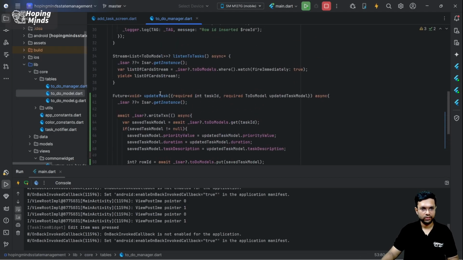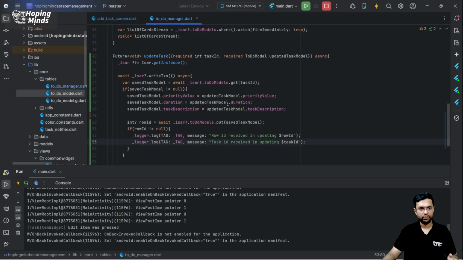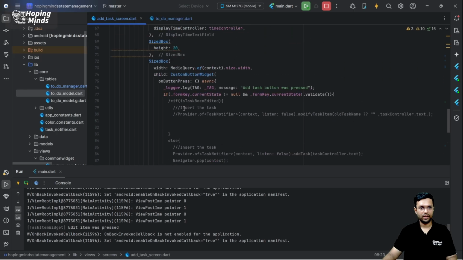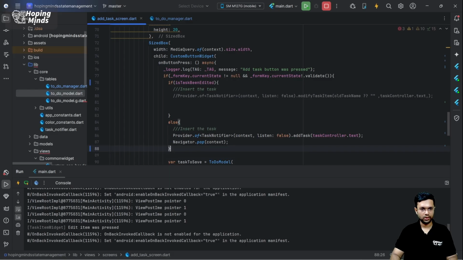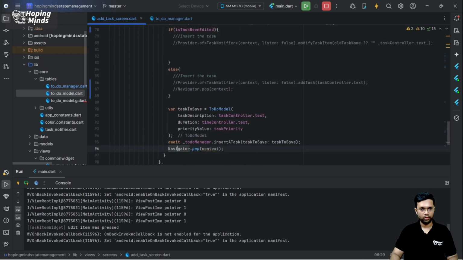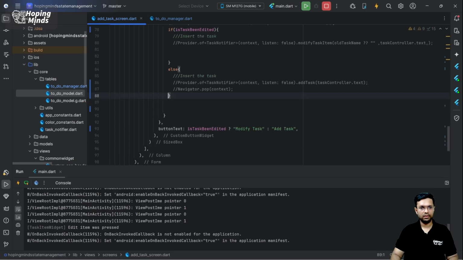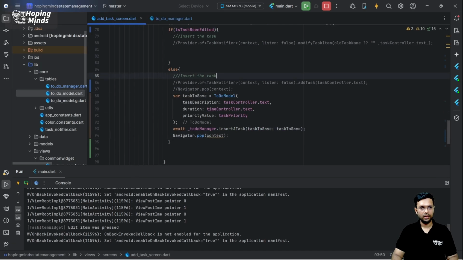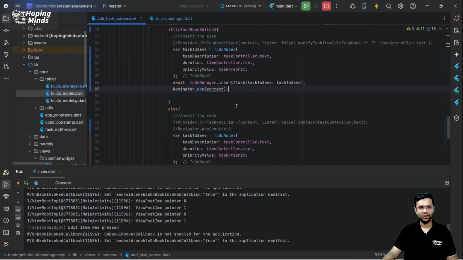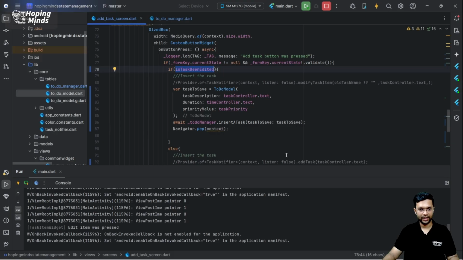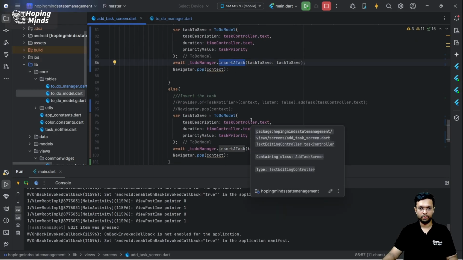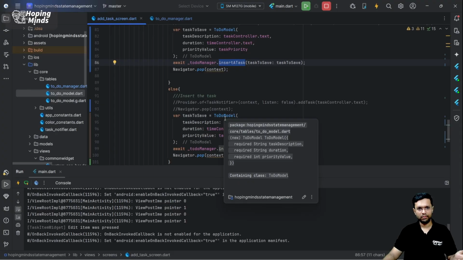Let me try using this update task function and check whether this update is working well or not. Hence, what I'll try and do, I'm going to uncomment this if condition and comment out this provider. But hey, I'll require this. Oh, I have it over here. Let me cut this, paste it over here and over here also. That's because if the task has to be edited, then I'll try and do update. But if this is the same task, then